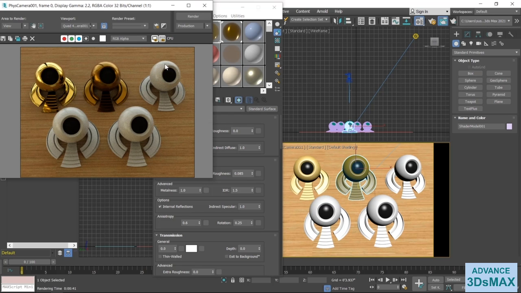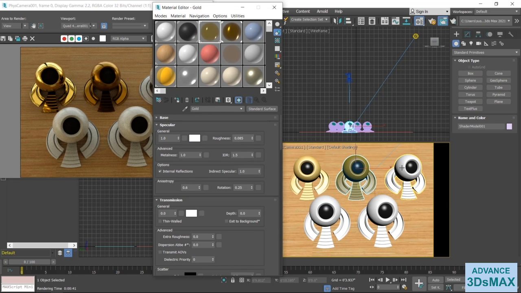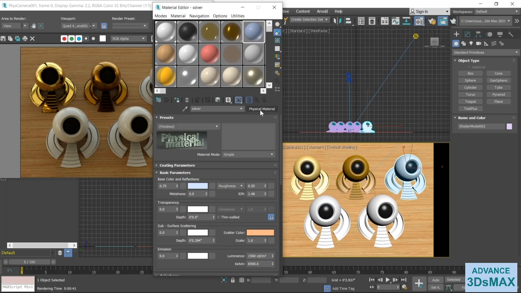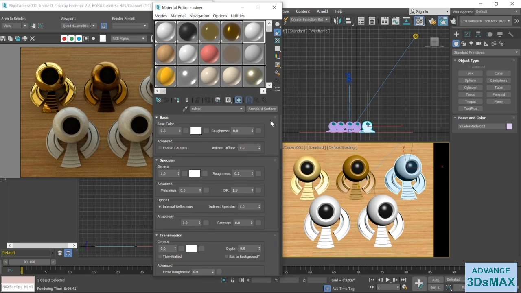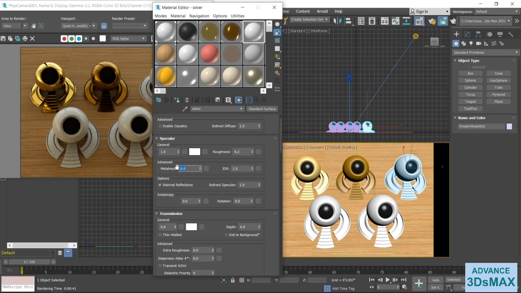Now we apply a silver material on this object. So first I select this object and then select this shader and change the properties first. This time I choose a white color for the silver object and change the other parameters like metalness. And for roughness I choose 1.85